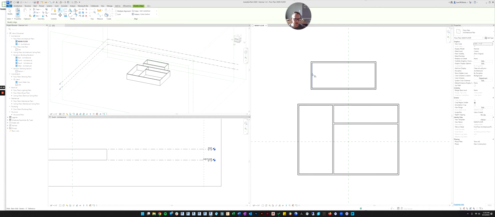I want this wall to be aligned with the edge of the house. So first I'll click the edge of the house. That's where I want to move it to. And you get this dotted line to tell you this is where you're going to move everything to. Now you click the edge that you want to be aligned. So you click that part of the wall, and now it moves it to be aligned. We can do the same thing here.